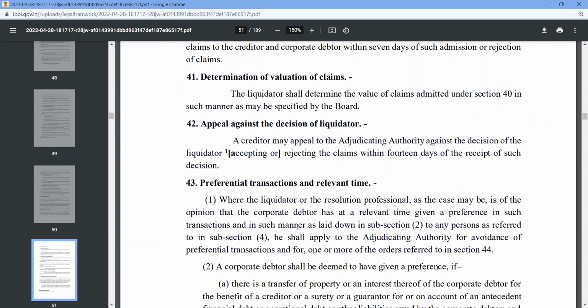So first of all, who is to identify? Liquidator or resolution professional. So if a question comes, who will be identifying the preferential transactions under section 43? The primary responsibility is of the liquidator or the resolution professional. If he is of the opinion that the corporate debtor has at a relevant time given a preference. So who is the giver? Who is giving the preferential treatment? Corporate debtor. In such manner as laid down in subsection 2 to any person, and to whom this preference is given. The preference is given for the benefit. It need not be given to a particular person, but if it is for the benefit,